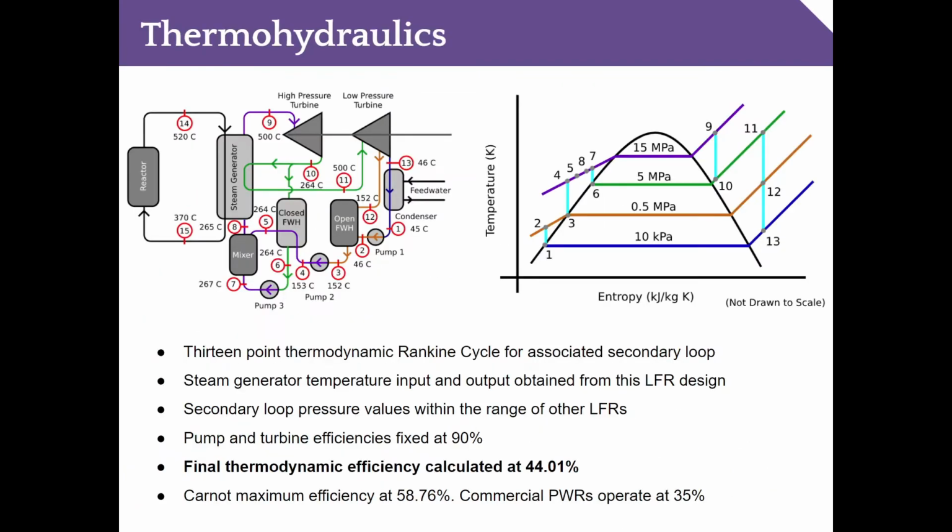Our secondary loop consisted of a 13-point Rankine cycle with pump and turbine efficiencies fixed at 90%. Initial temperature values for the steam generator were obtained from the parameters of our lead coolant reactor design. Pressure for each stage of the secondary loop was sourced from similar LFRs. The resultant thermodynamic efficiency calculated was 44.01%. This falls short of the ideal Carnot efficiency of 58.76%, but